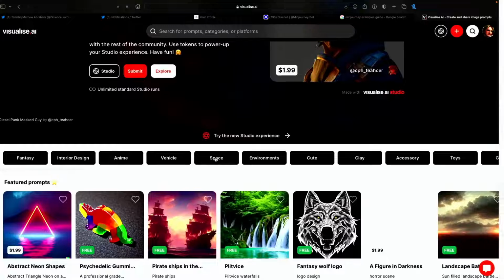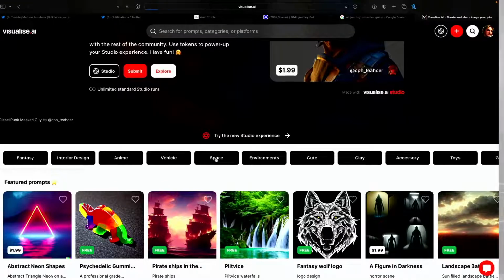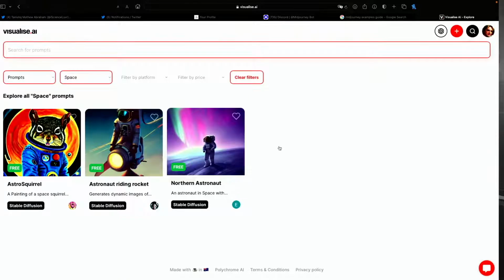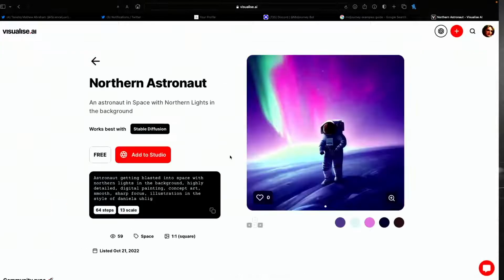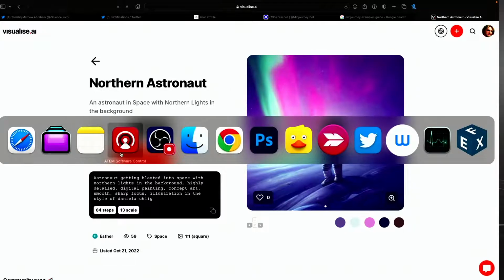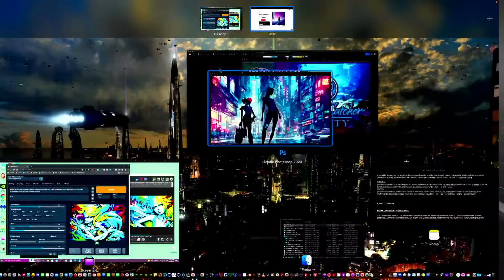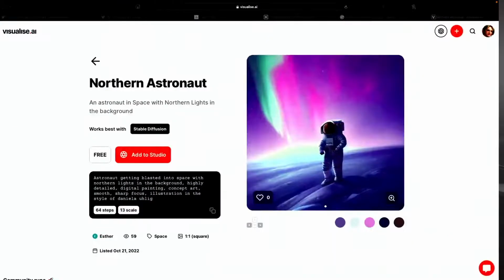Let's see space. Let's go take a look at space. And again, look, these are all free. So we're talking about free or $1.99 or, you know, what are images worth? What are they worth to you? What are they worth to me? What are they worth to anybody? I think that you're going to find moving forward as an artist,